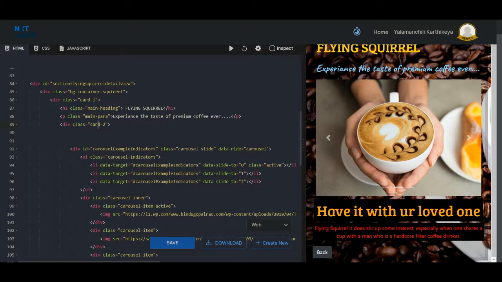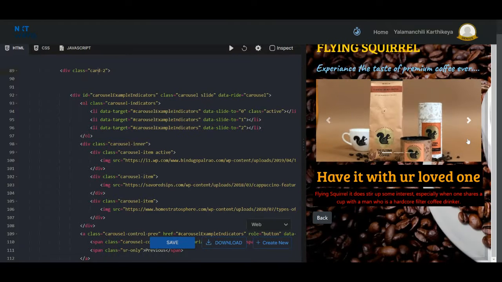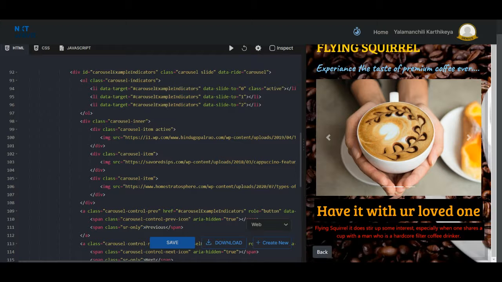Here I use another card. In this card I am having this moving images carousel, and bottom to that a heading and a para. This is the code for the carousel.